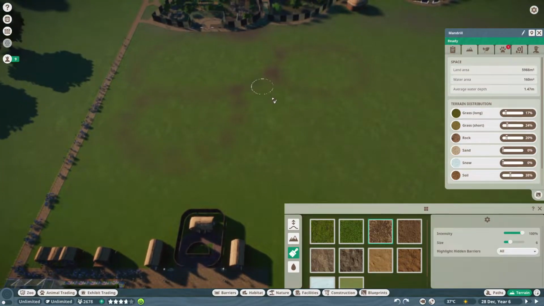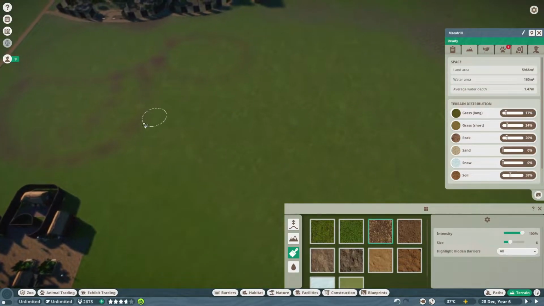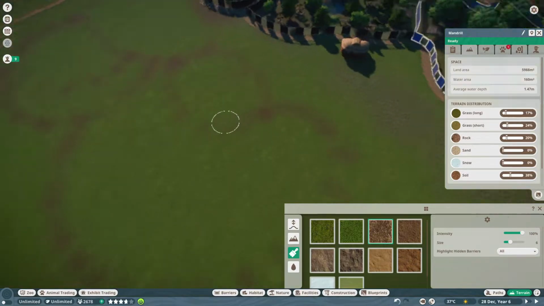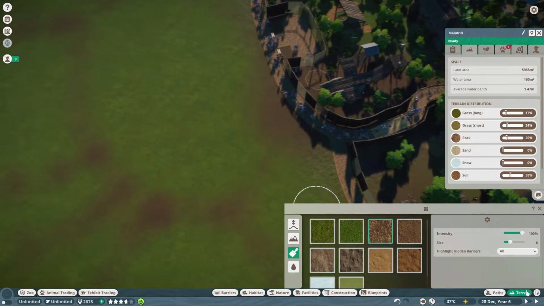Nyala's gonna need a little bit, but that almost looks like an upside down Mickey. We'll do Nyala right here, bongo up here. And the Okapi, it needs a little bit more room. So we're gonna do like that. And then I don't know what we're gonna do with this area. We'll figure that out. So let's go ahead and start building